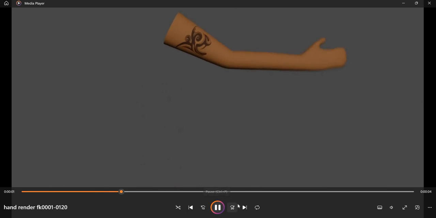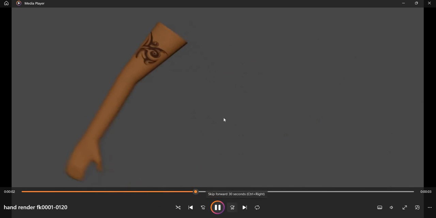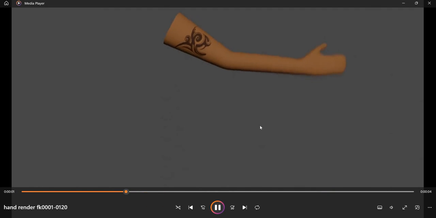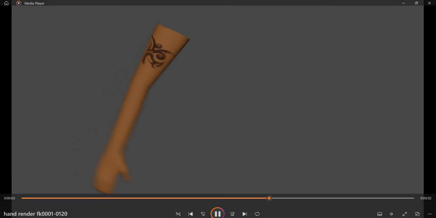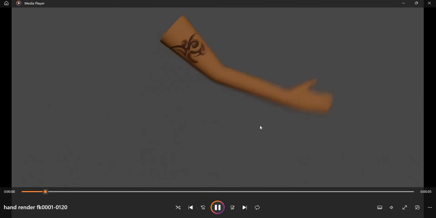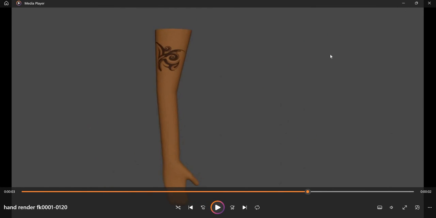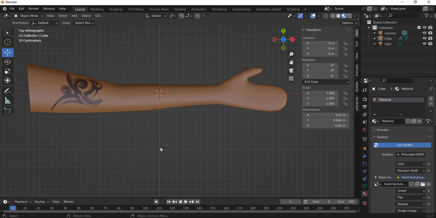We are looking at how to model, rig and animate a hand. In the last tutorial we modeled the hand and texture mapped it. Now we'll look at the rigging. So this is the hand that we modeled, and the link is in the description to get to this stage. From here on we are going to look at